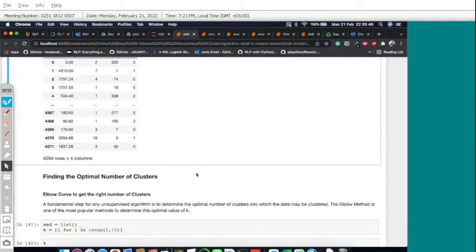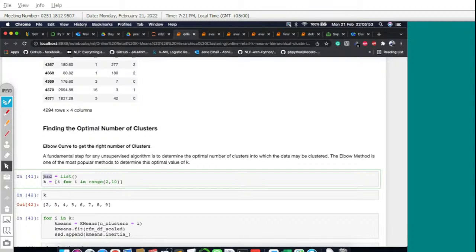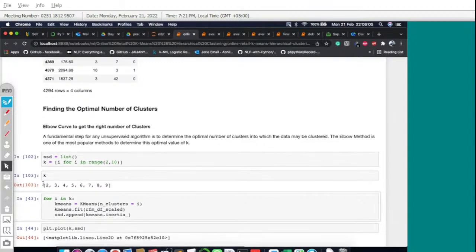Perfect. Now let's observe the elbow curve for deciding the optimum number of clusters. So SSD, sum of square of distances. We are simply creating an empty list of SSD and creating the values of K, meaning the different types of cluster models we want to create. K is the number of clusters in the model. So we will be creating 2, 3, 4, 5, 6, 7, 8 and 9 clusters,